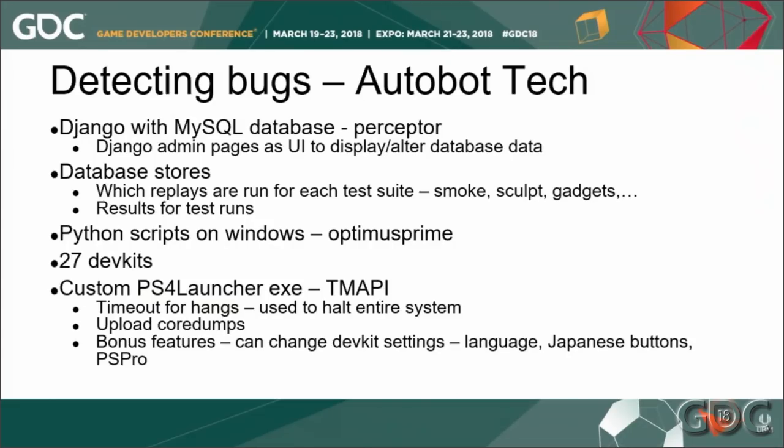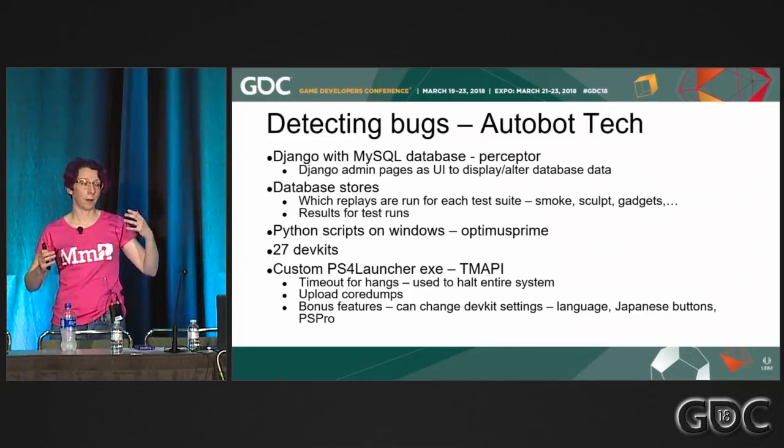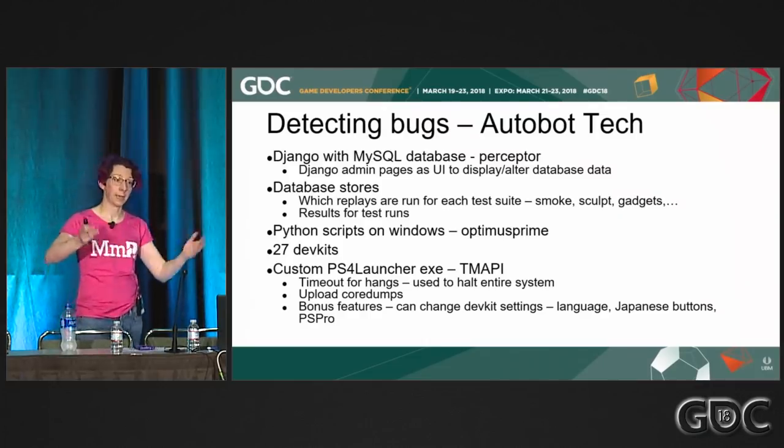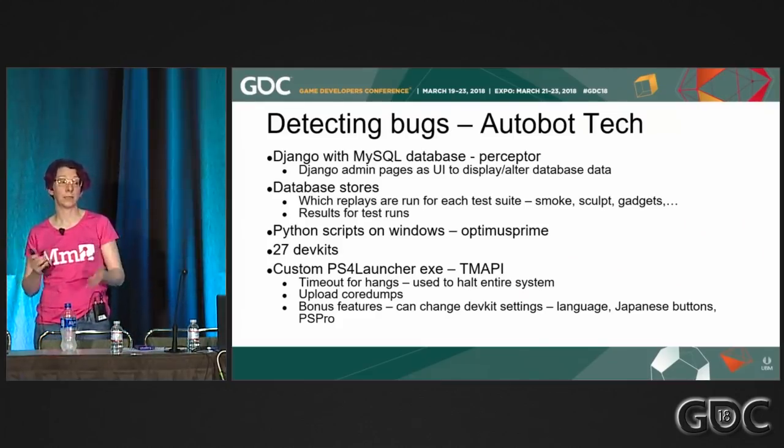So I talked about that. Yes. So we were using Orbis Control to launch our tests, and that was fine until we came across a really bad hang. And by a hang, I mean when the game is still running, it's just stuck in, for example, a while one loop on the main thread. So it's running, it's not crashed, it's not asserted, but it's not actually getting anywhere. So we were launching these tests, they were hanging, so that was using up a dev kit. We didn't have a timeout because there's no timeout functionality in Orbis Control, and we had only written an overall timeout.